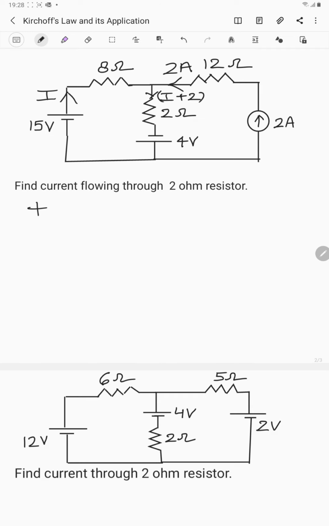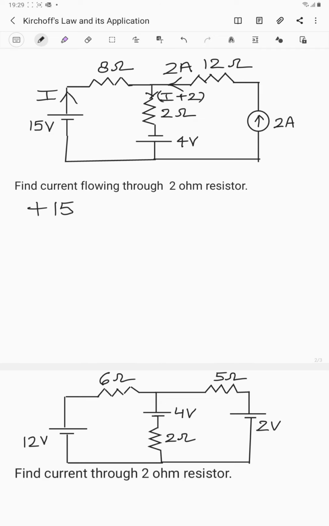What's the voltage across the voltage source? Obviously 15. So just write down the magnitude of the voltage source. Do not write the unit in the equation. So we are writing just plus 15, no need to write the V. Next, this is an 8 ohm resistor. Before we write down the equation, what we should have done is mark the polarity for this 8 ohm resistor and 2 ohm resistor so that we do not face any difficulty in writing the KVL equation.